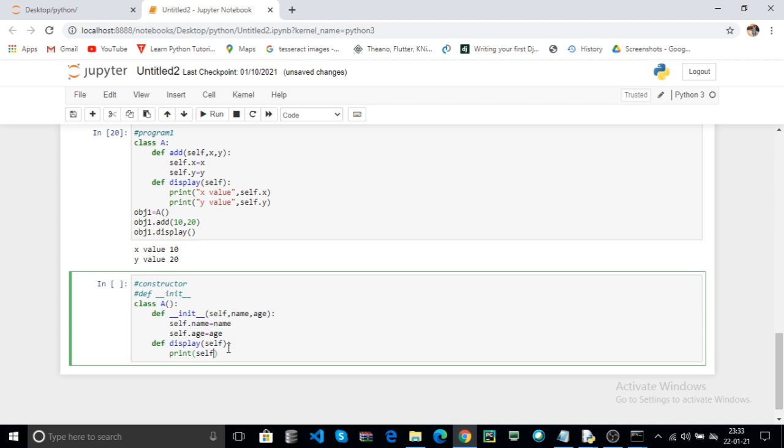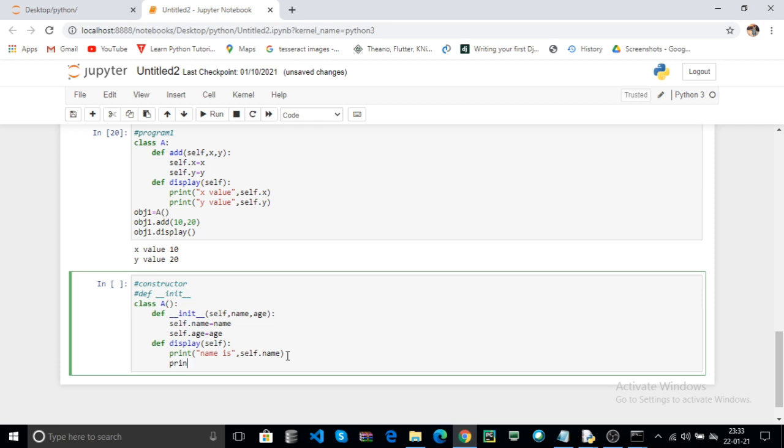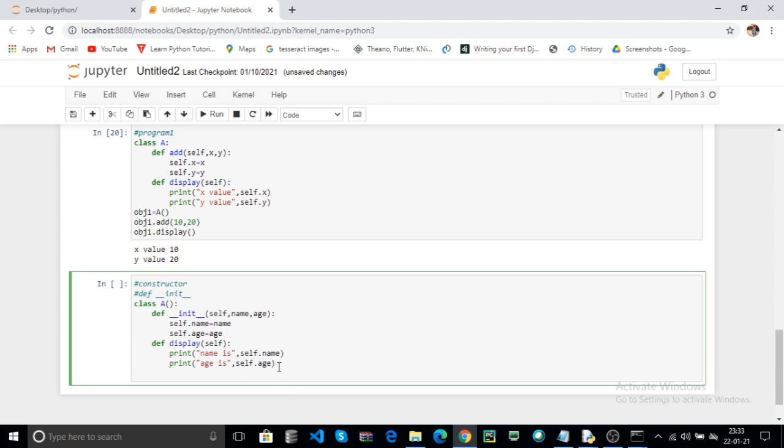Here self dot name, name is self dot name and age is self dot age. Now this is the display function.